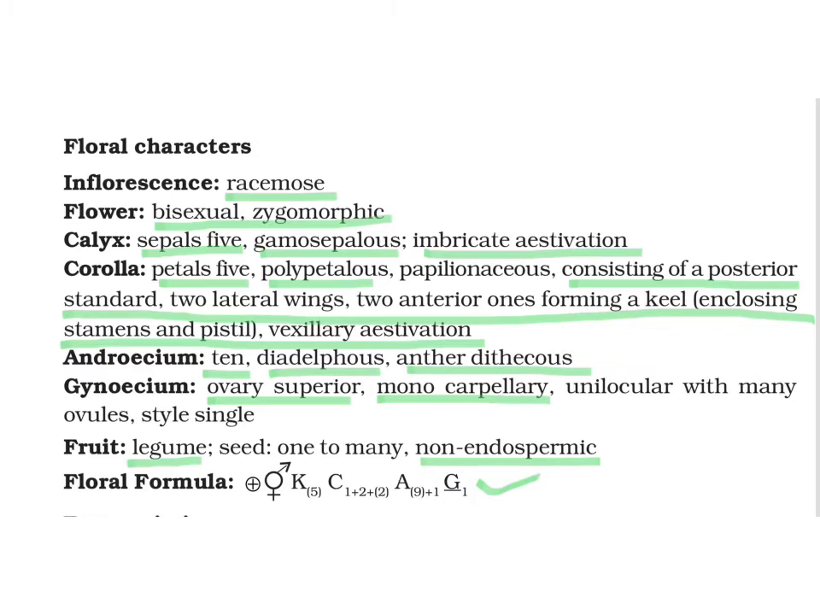Then a single carpel is found, which is represented as monocarpellary. Then unilocular with many ovules we can see in the central part. Then the style is single, but only the underlined part is important to write. Then lastly we will talk about fruit. Fruit is of legume type